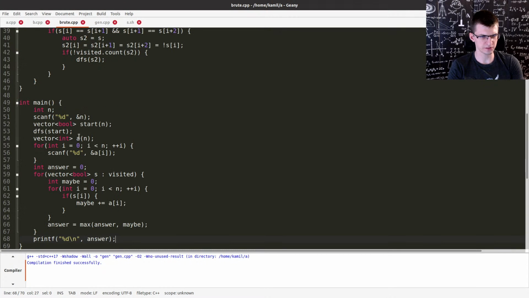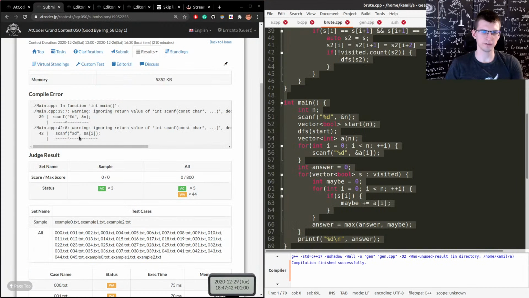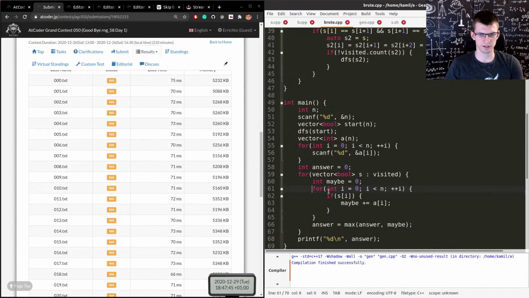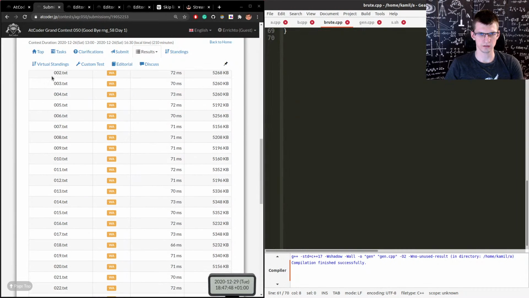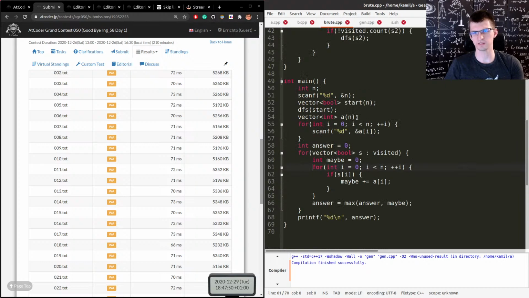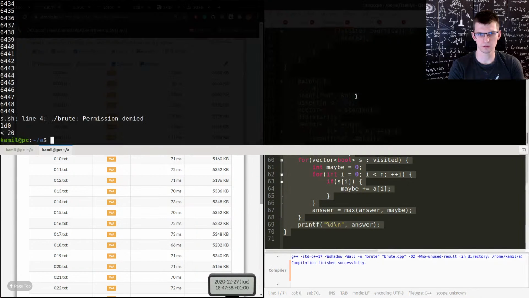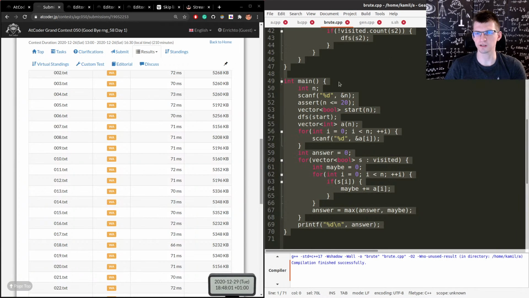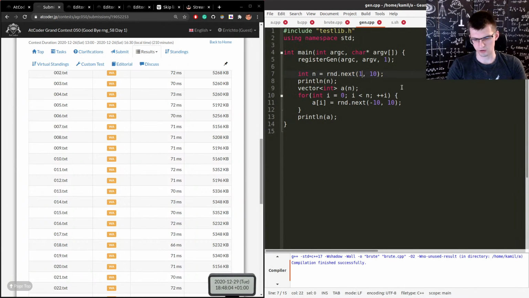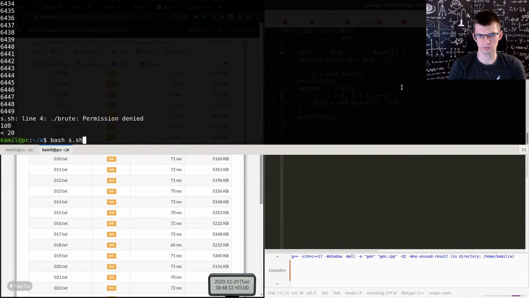I hope that my brute force is correct. If I submit it, I expect to see time limit exceeded only, or let's make judging fast. Assert n up to 20. Permission denied is because I recompiled. That's strange. Oh,